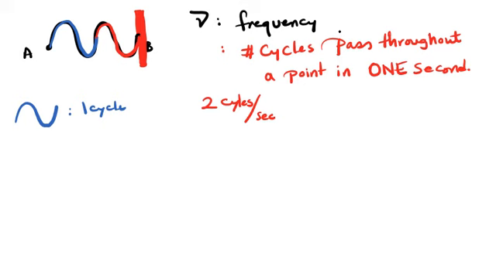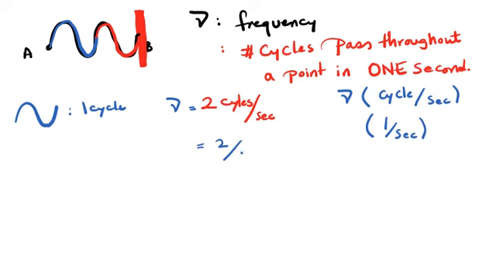The unit for frequency is going to be like this. I'm going to write the units for frequency. Frequency can be reported by cycles per second, so you may say nu is 2 cycles per second. Sometimes we say only per second. You don't need to say cycles, because when you say 2, you can easily imply 2 cycles per second, and we may report it as s to the negative 1. So you may say 2 s to the negative 1. It means 2 per second.